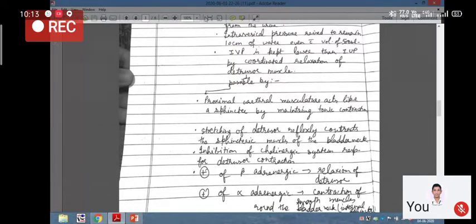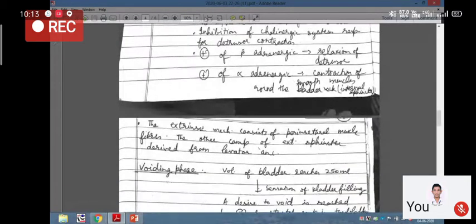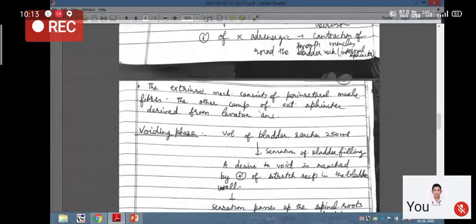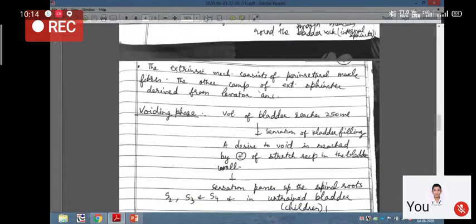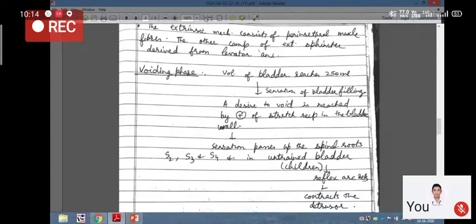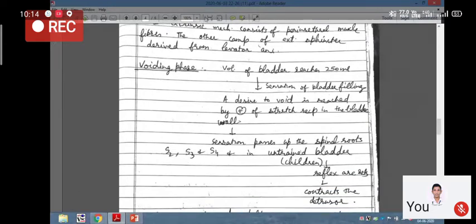And when there is stimulation of alpha adrenergic fibers, there is contraction of the smooth muscles around the bladder neck, which remains closed at the level of the bladder neck, and this acts as an internal sphincter. The extrinsic mechanism, which is voluntary, consists of periurethral muscle fibers, and the other component is derived from the levator ani. So during the voiding phase, when the volume of the bladder reaches 250 ml, there is a sensation of bladder